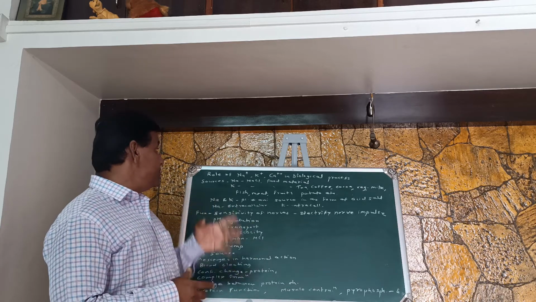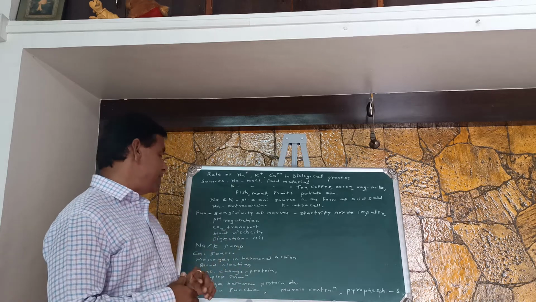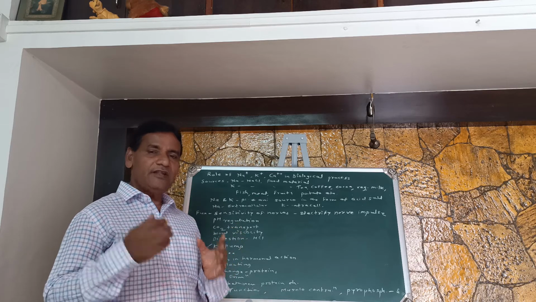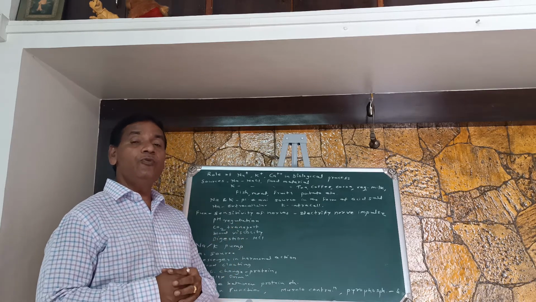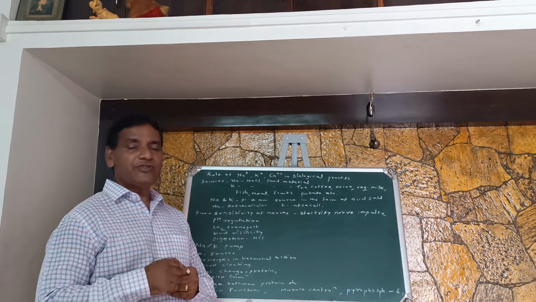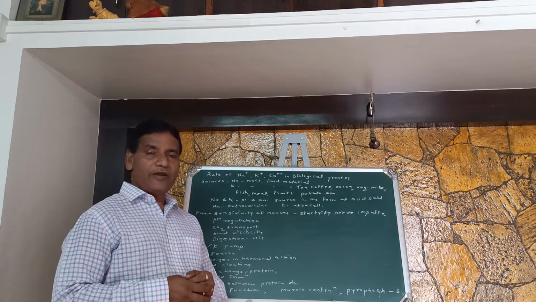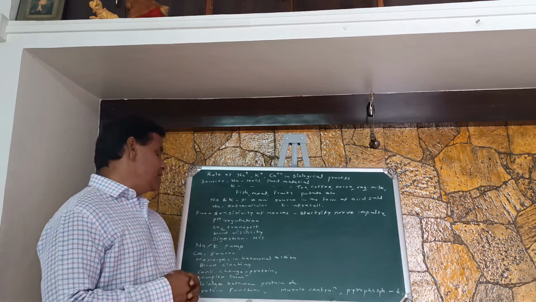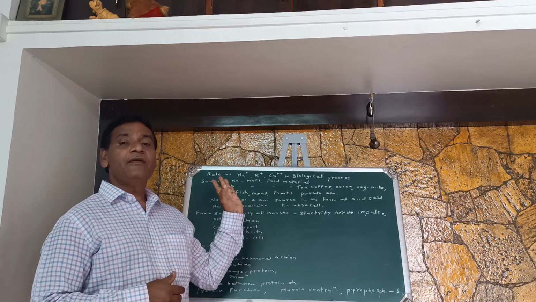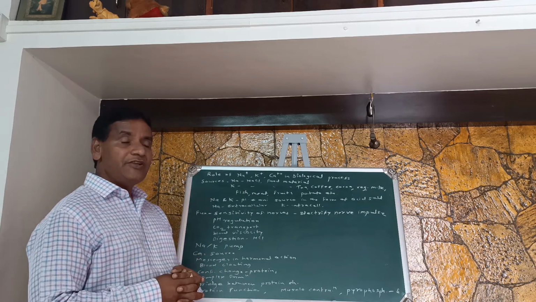Next part of this point is the role of sodium, potassium and calcium, that is, the role played by the calcium ions which occur in our body. Calcium ion is also provided to the body through food material. Whatever food material we eat or liquids we drink, through these calcium ions are provided to our body system. Almost all food material contains calcium ions. What are the functions of these calcium ions?